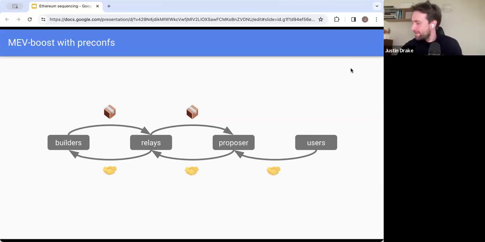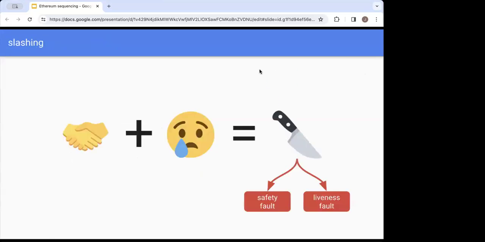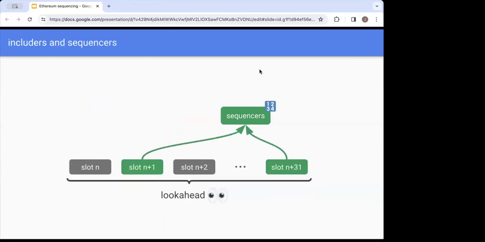Okay, I'm up. Can you go back one slide to where you show the preconfers elected? Yes. Oh yes, this one. Right. So just to clarify, this proposal, and I have a variation on this proposal, but I want to make sure I understand all the details of this proposal. So the preconfers, anyone can. So how do you become elected to be a preconfer? It's not synchronized with the proposer, right? It's just L1 validators are restaking, and they can become elected.